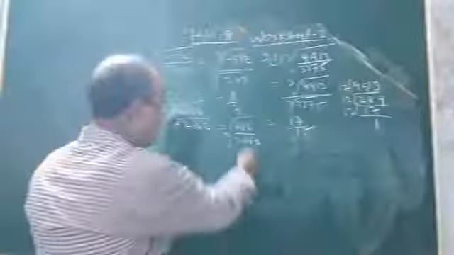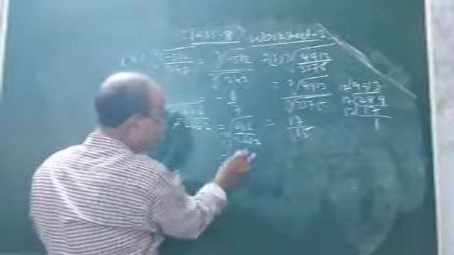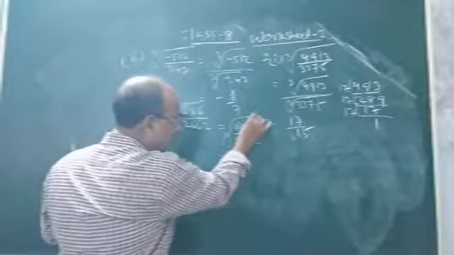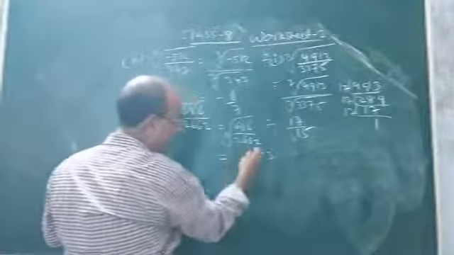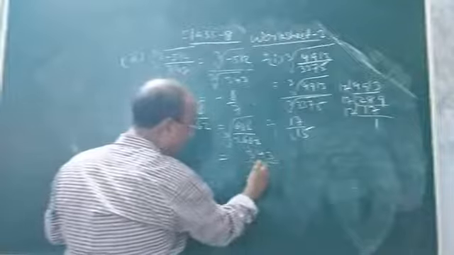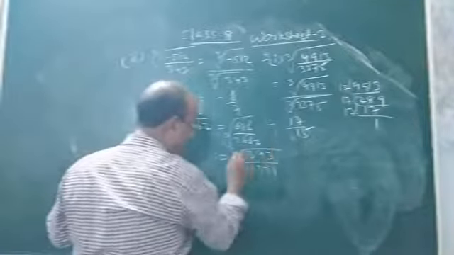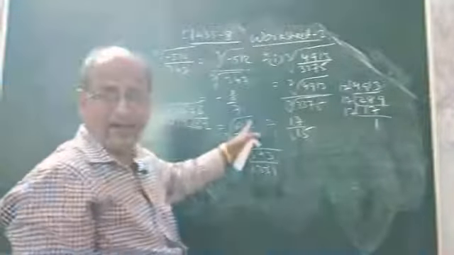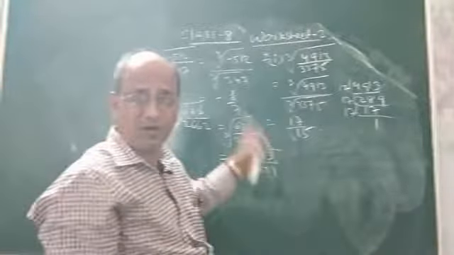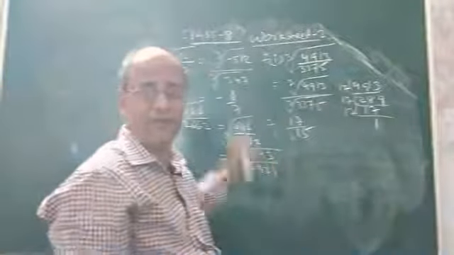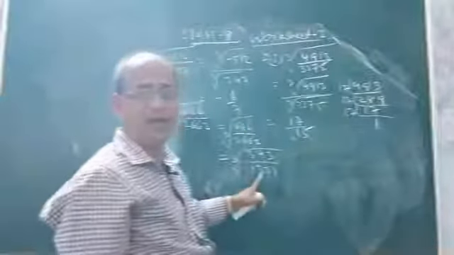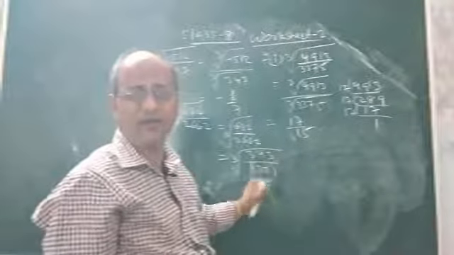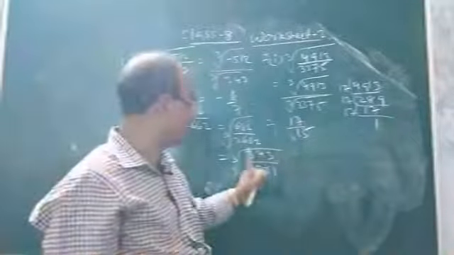So what to do? First do the cancellation. First you divide it by 2. If you divide it by 2, it will be 343. And if you divide it by 2, it will be 1331. You see, on dividing p and q by 2, because 2 is a common factor of both p and q, or 2 is the HCF, you can say, highest common factor, it has now been converted into simplest form or lowest term.